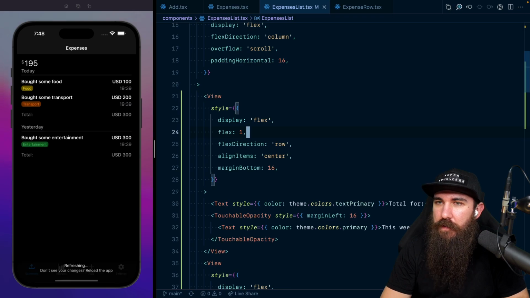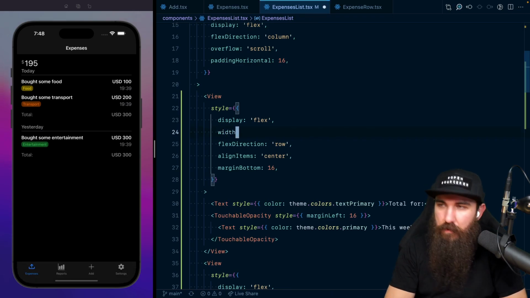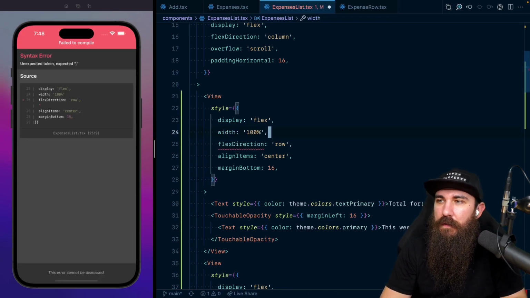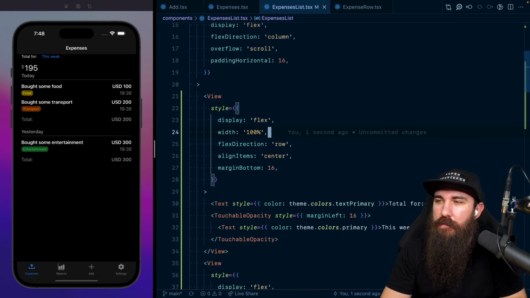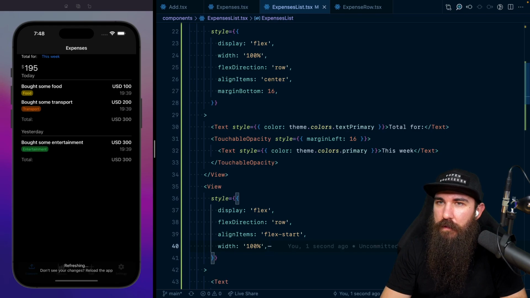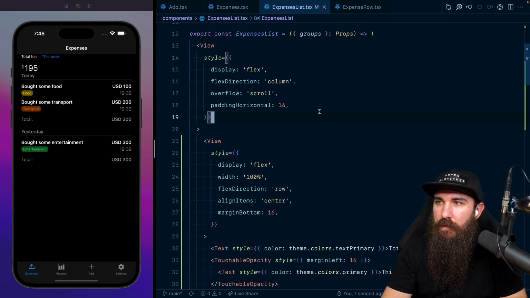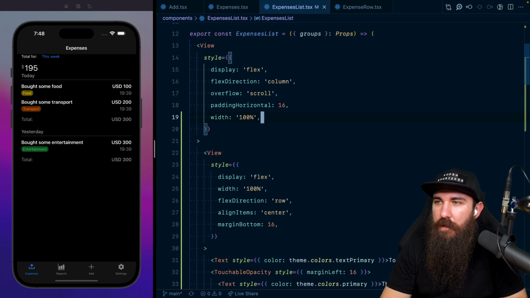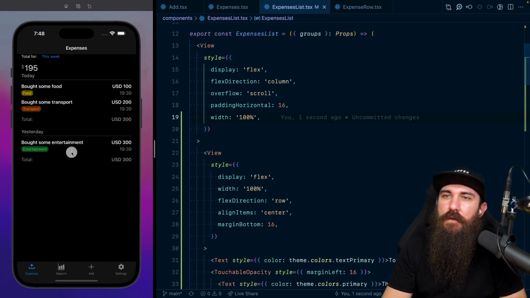So flex, if I say flex 1, not gonna work. So with 100%, that has to work. Same goes here as well. Then again here as well. Come on now, what is,